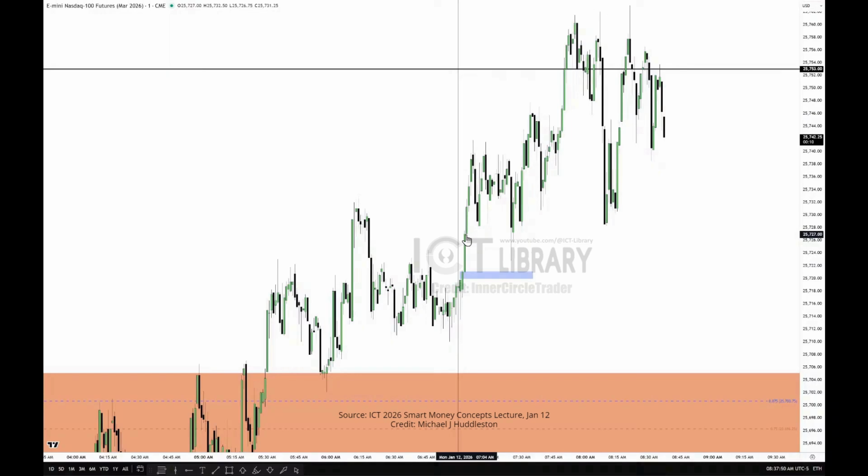So if it's a relative equal high, as it is in this case here, this is the Asian session buy side liquidity. It's the smooth highs inside of all of the price action from 7 p.m. Eastern time to 5 a.m. Eastern time. So that entire window, we're looking for where it's obvious that it's left smooth highs or smooth lows. In this case, it's smooth highs. Why? Because overnight, we only saw the market go down.